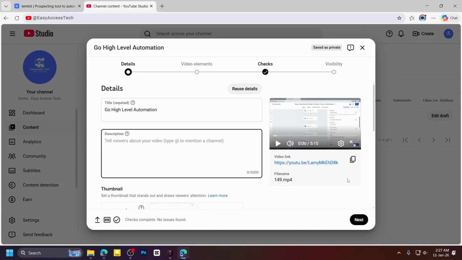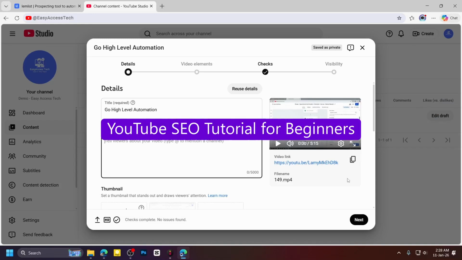If you want your YouTube videos to get more views, subscribers, and engagement, one of the most important things to focus on is YouTube SEO. YouTube SEO is all about optimizing your videos so that YouTube understands your content and shows it to the right people. Many beginners think that making good videos is enough, but without SEO, your videos may not reach the audience they deserve. In this video, I will give you a step-by-step YouTube SEO tutorial that is easy to understand